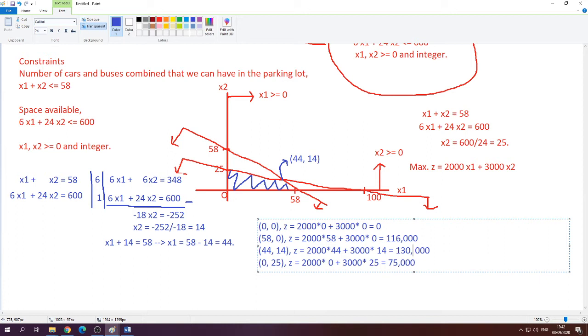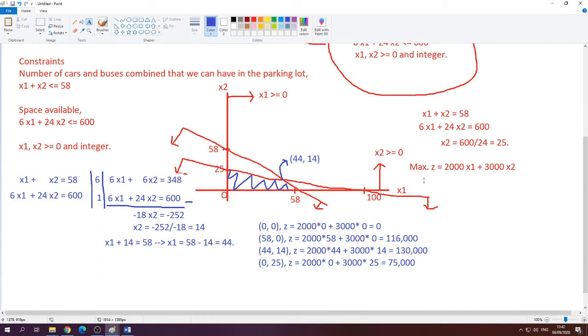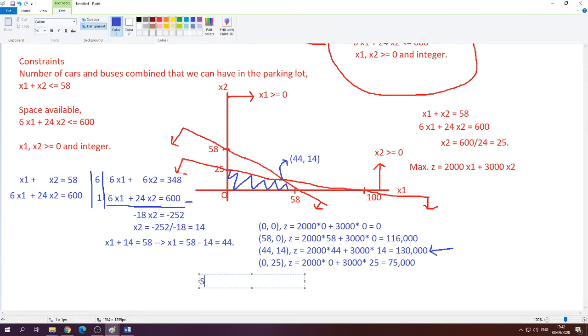Okay, I think I do not need space over there. So remember we have a max problem, so we need to find the highest value of z. Okay, this is it. So this is the highest value of z. So the solution to the problem is x star, where x star consists of x1 star comma x2 star. So star indicates optimal solution,